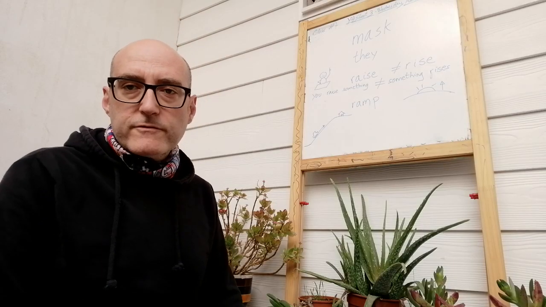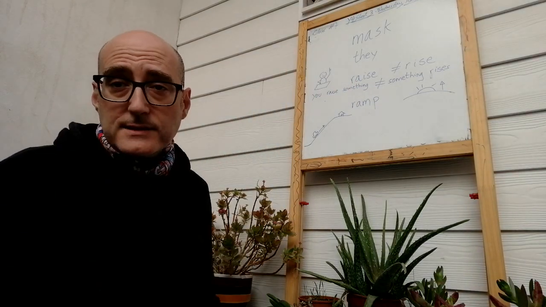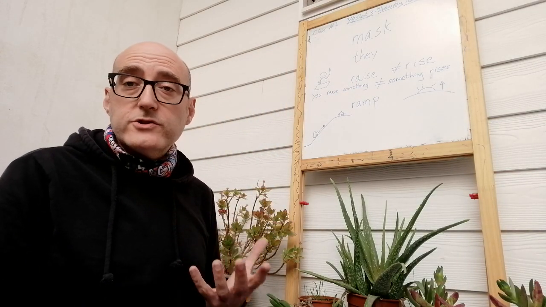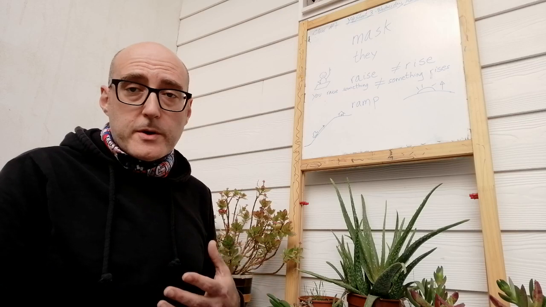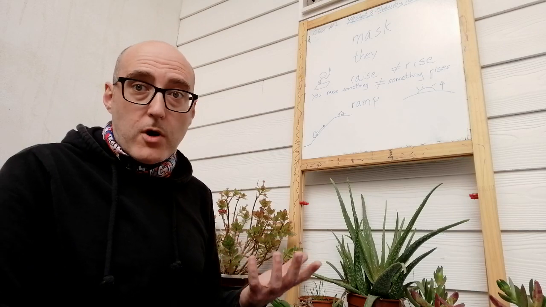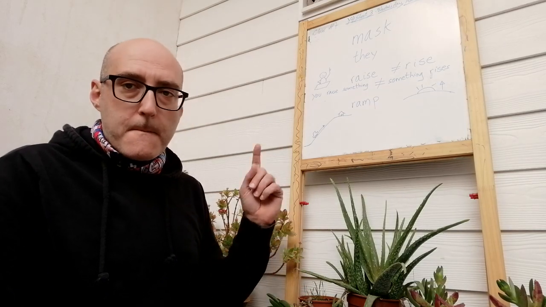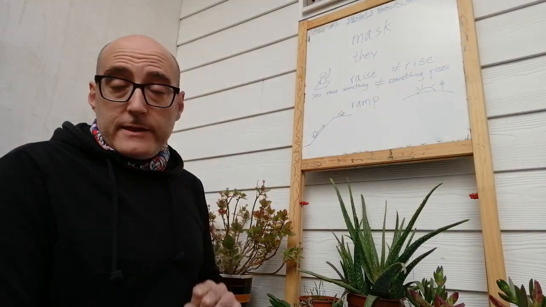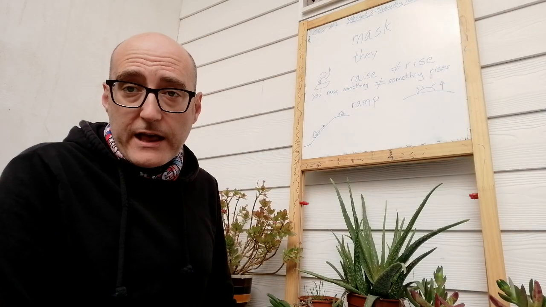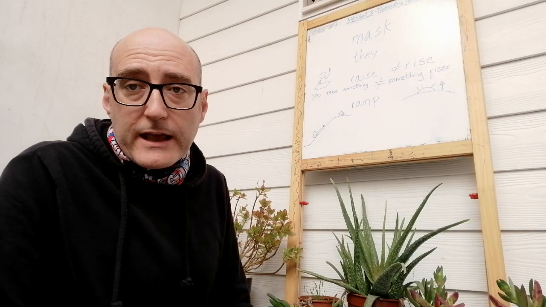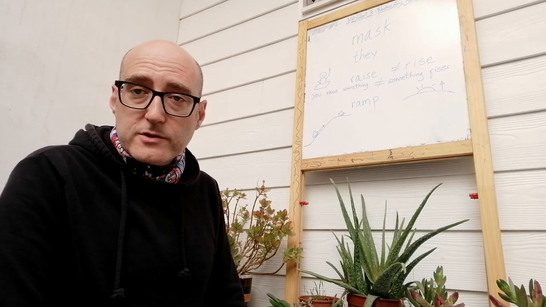Okay, so the words on the first line are mask. Mask is something you put on your face for carnival, or when you dress up with a costume. Maybe you have a Spider-Man mask or a monster mask, okay? Make sure that you write it with a K, not a C, all right? The second word is they. Make sure you make that sound like that. They, all right? As the third person plural.